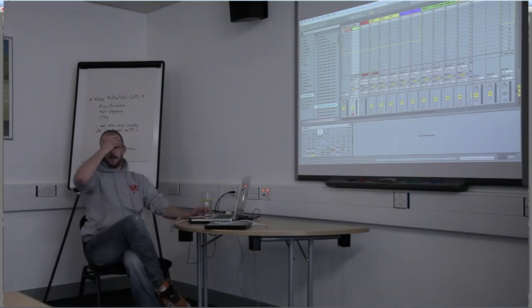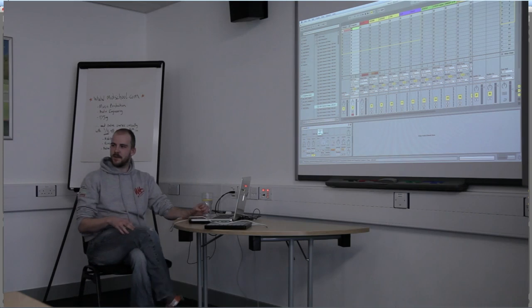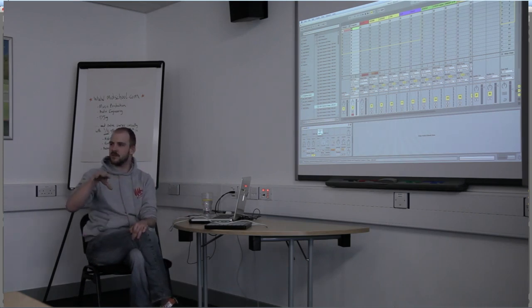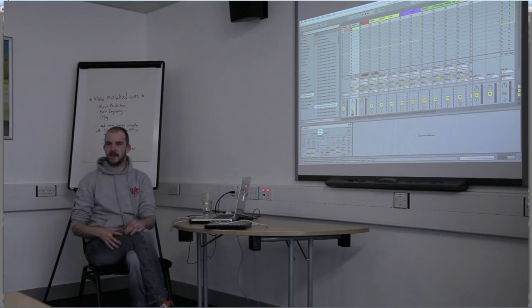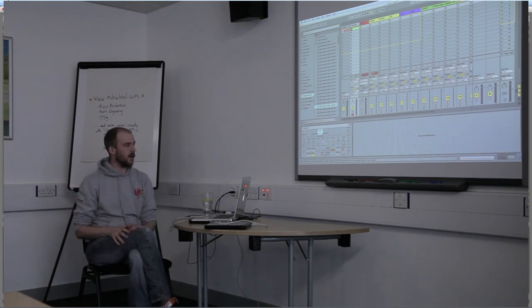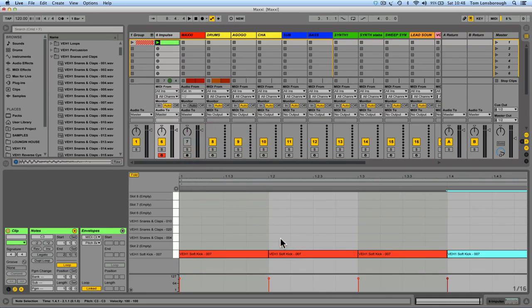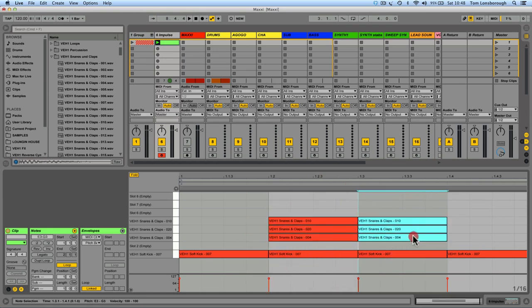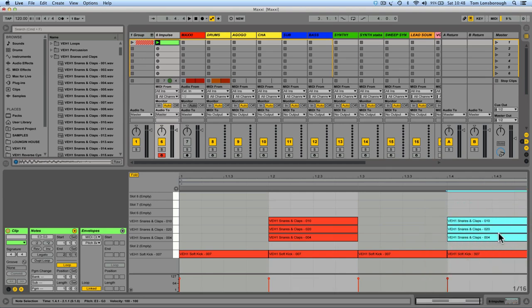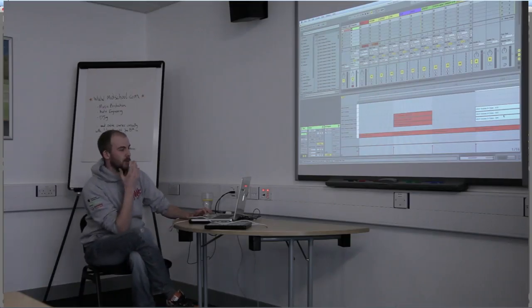Generally, I like to layer up a snare and a clap because the snare gives you sort of the lower mid-end punch around the sort of 200 hertz mark, maybe a little bit higher. The clap gives you a nice sort of bright top end. So, let's just program some claps and snares. So, kick drum on each beat of the bar, snare or clap or both on the 2nd and 4th beat of the bar, and finally,